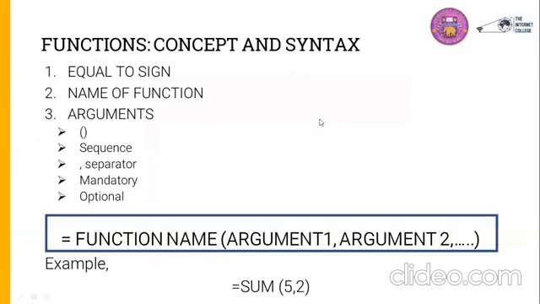You may want to calculate products. You may want to calculate the square roots. You may want to calculate arithmetic means. You may want to count expressions and so on and so forth. So for convenience that you do not have to remember the formula and you do not have to keep typing the formula again and again, Excel has some predefined functions. So what are functions? Functions are predefined formulas. Just like we said, formulas begin with an equal to sign, functions also always begin with an equal to sign.